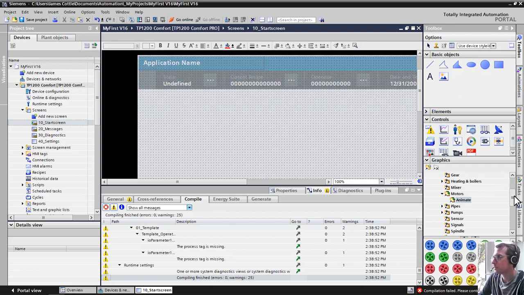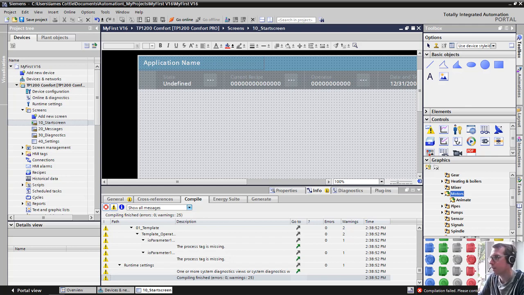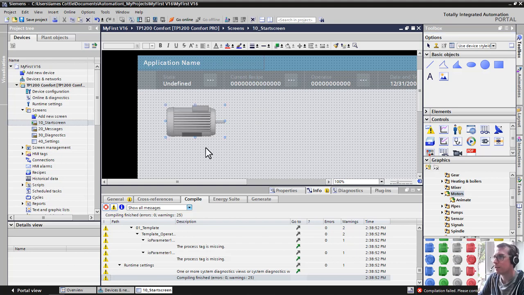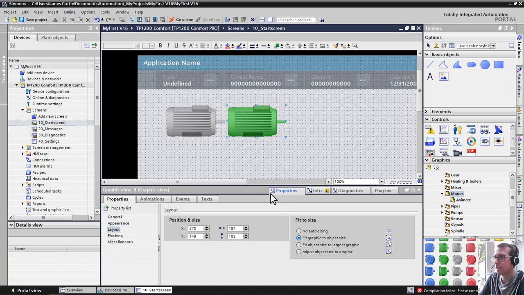In my toolbox, Siemens does provide some ready-made icons to indicate something is turning or something is on or off. The simplest indication of whether something is on or off is a color change on an icon. If we want to use these down here, we could say gray is going to be the indication that it is off, and green is going to be the indication that it is on. So all we need to do is animate the visibility of the green one